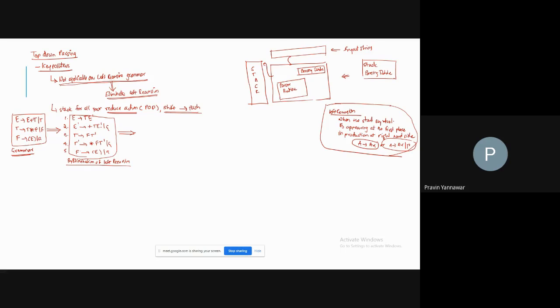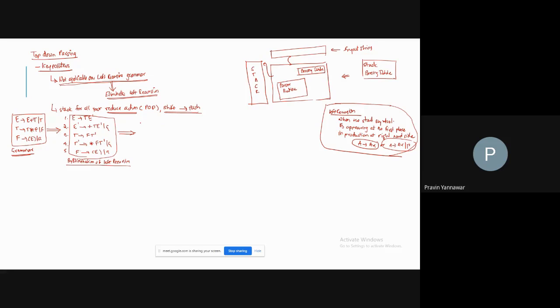So this is E implies TE'. E' implies epsilon is 2.1, T' implies epsilon is 4.1, F implies a is 5.1. In case you want to write them as numbers, you can do that. Okay, so this is going to be now